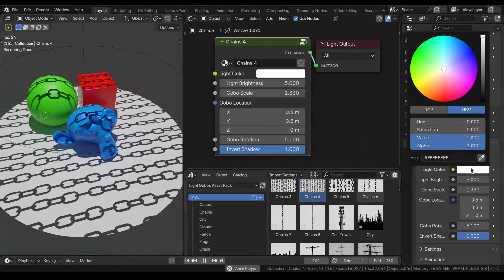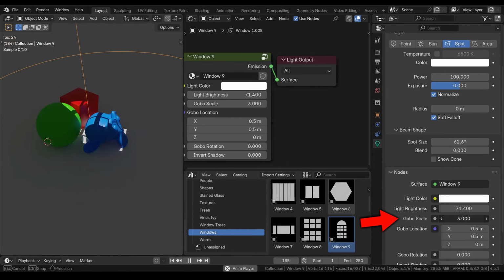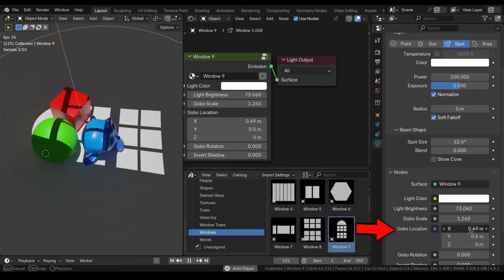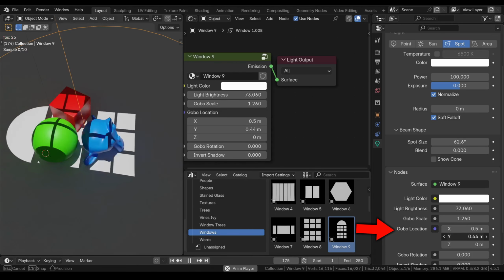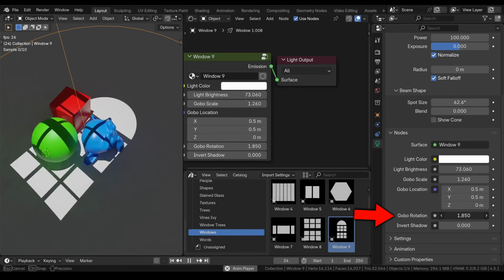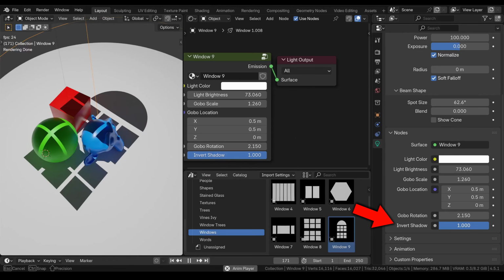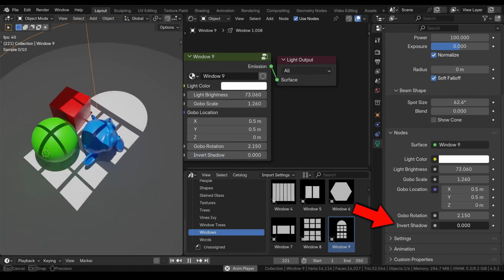Then when it comes to the custom node group, you can customize the light color, the light brightness, you can change the scale of the Gobo, which just changes the texture scale, and you can also change the Gobo location, which moves around the texture in the Light Gobo. And you can also rotate the Light Gobo, so this rotates the texture. And finally, you can invert the shadow, so if you want to invert that, just change the value between 1